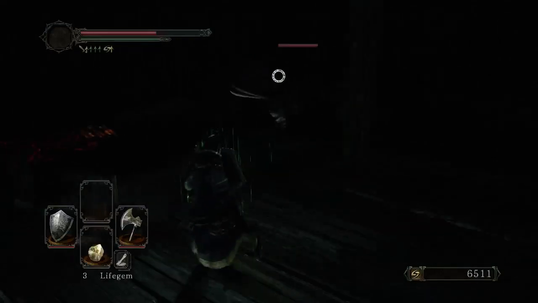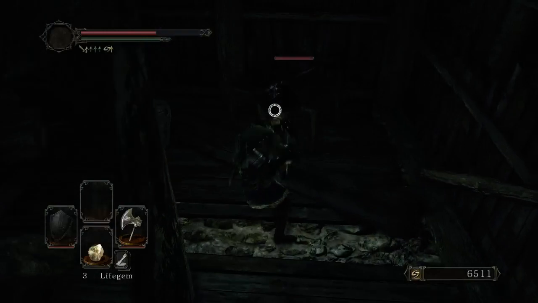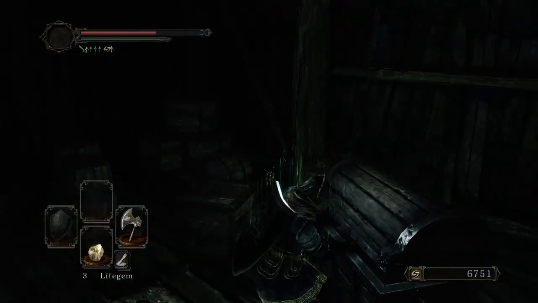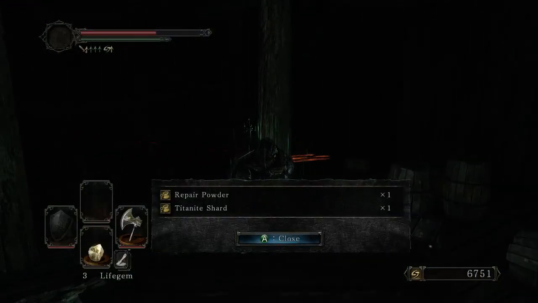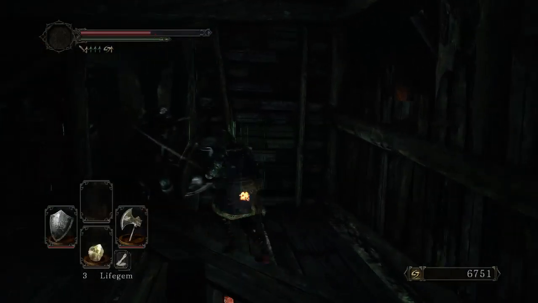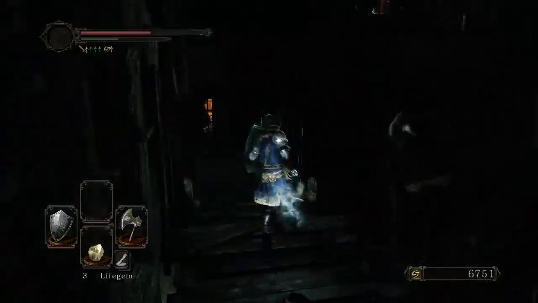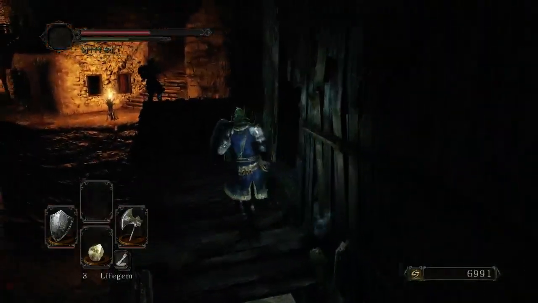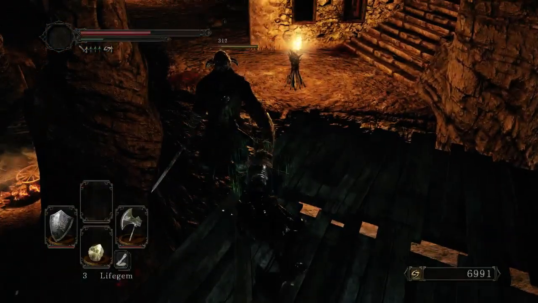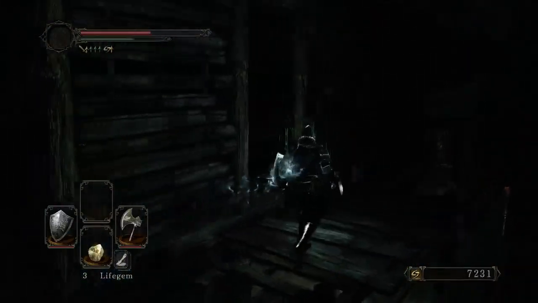Alright, so this guy is the one that always breaks the chest, so we're not taking it. Titanite shard and repair powder. Alright, so this is where the shortcut is, but uh-oh. There we go. Alright, so with this area cleared out,